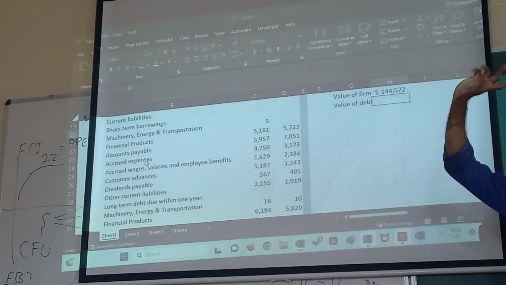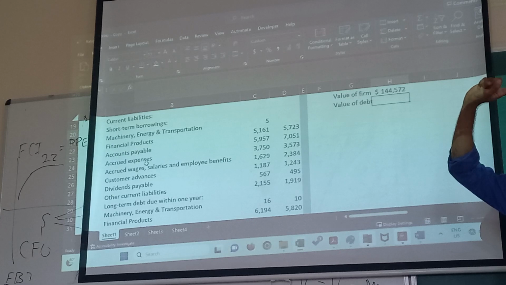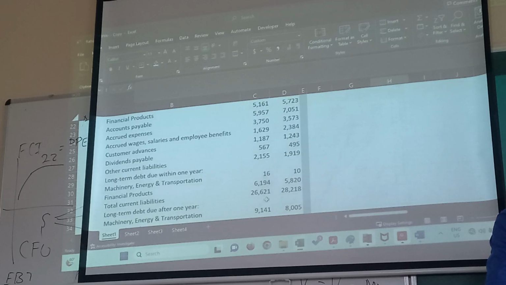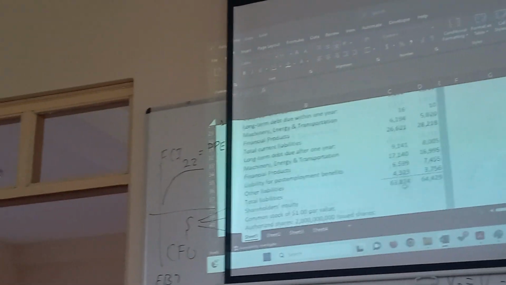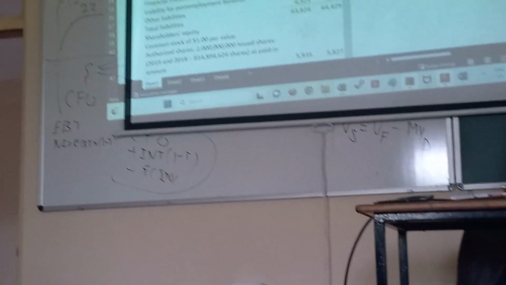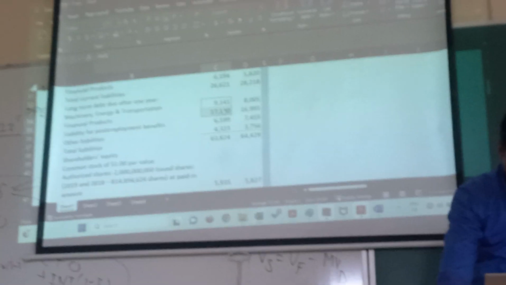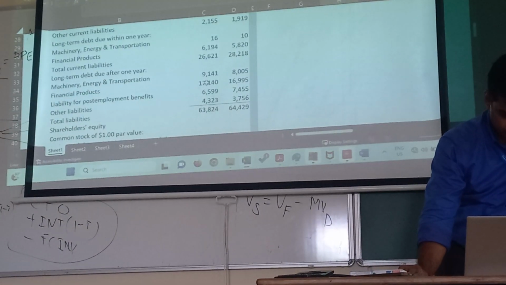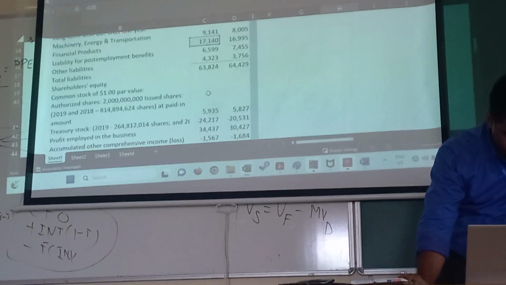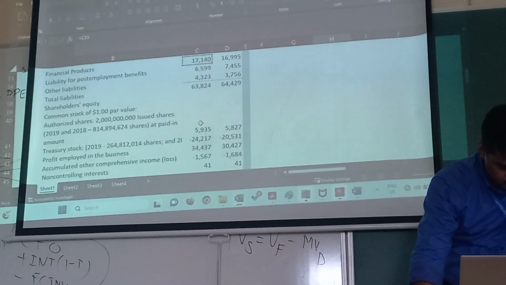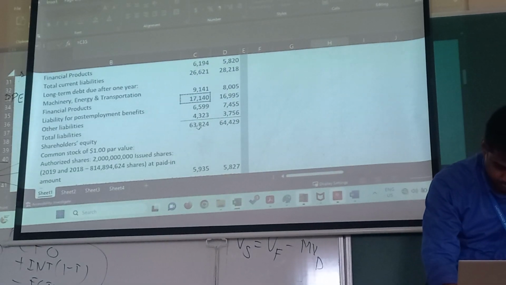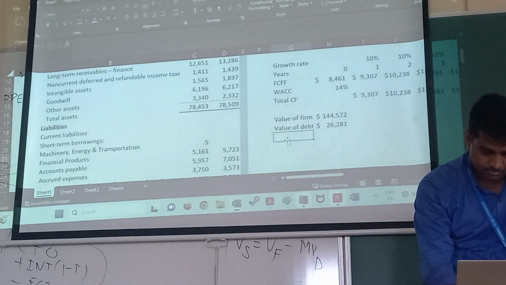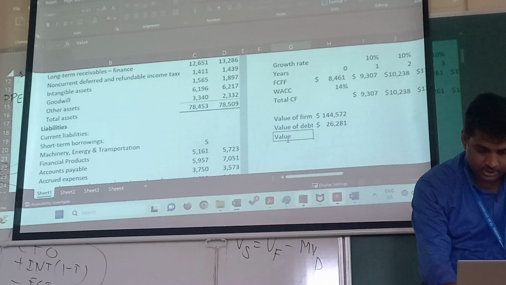Okay, guys, I asked you to take the market value of debt. It may be difficult for you. You can settle with the long-term debt. So the long-term debt here is these two collectively. Sorry, that's not the answer. Value of equity is